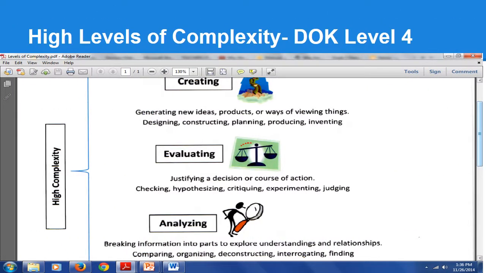Some examples of DOK level 4 questions would be analyzing information and seeing relationships in different information. You can show students the relationships and how informational facts given in the nonfiction text will help build their background knowledge to better comprehend fictional text or literature. Have students evaluate information by developing a hypothesis on what they are learning and then finding out if their hypothesis is correct or incorrect. Have students create or construct something to show their understanding of a concept. These levels of thinking will provide more of a deep understanding of the content rather than just memorizing facts and details.